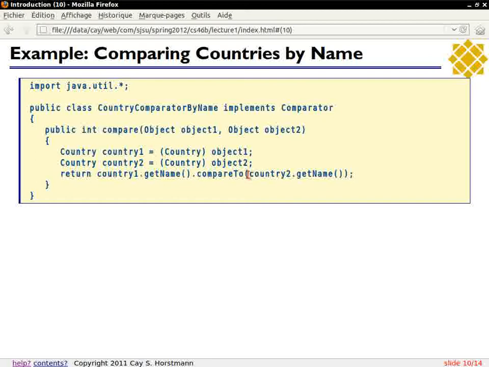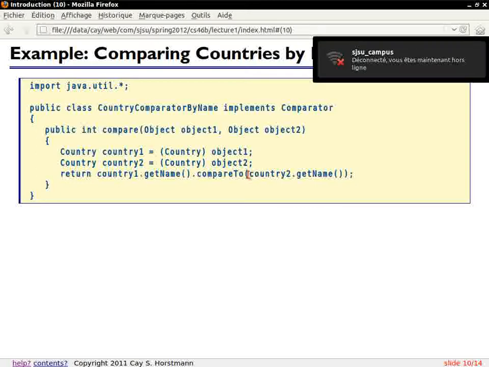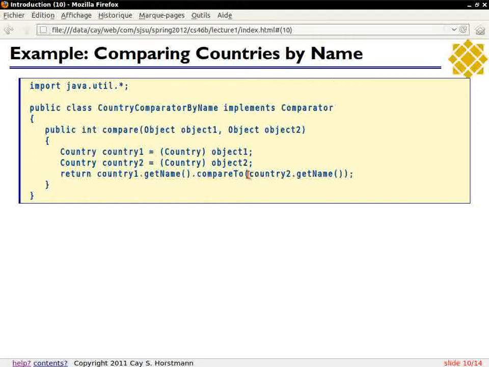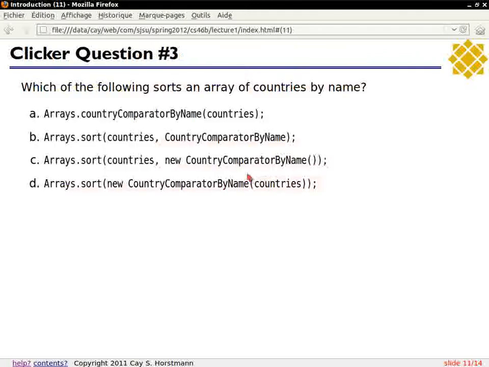So it's pretty simple. What's just different here is that you have to make a new class, a brand new class, just for the purpose of making a comparator. That class has a single method. So it's maybe not quite as natural as adding the method to the existing class. You just have to create this new class that's just there to make a comparator. All right, and now